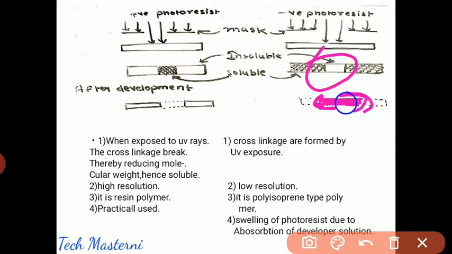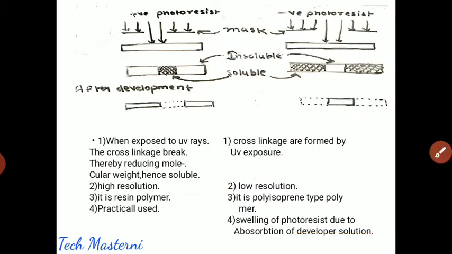So now the resist will be present in this much area. What happened to the resolution now? Due to the increased size of the photoresist, the opened window size has increased. Though we wanted a small window, due to the photoresist our window size has changed. So this is not a desirable condition. That is why it has low resolution. Okay, so this is all about the types of photoresist.